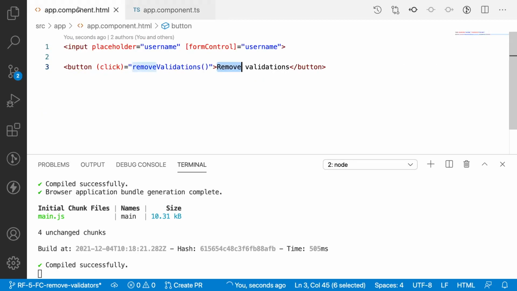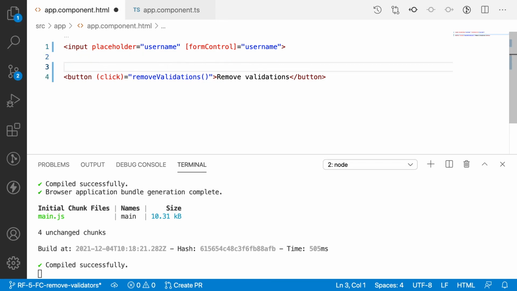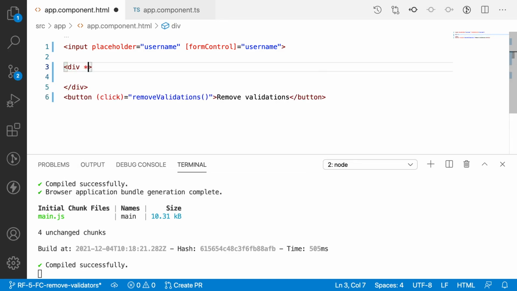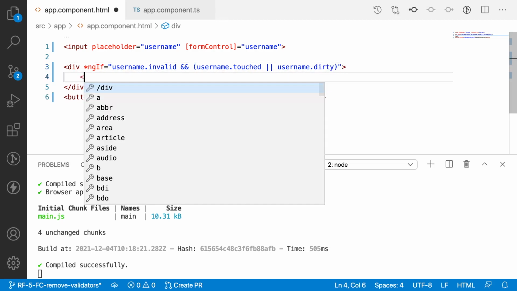But before that, when the user does not click on that button, we need to check whether the required validation is working as expected or not. Let me create a div with an ngIf condition: whenever the username is invalid, and also whenever it is touched or changed, that means dirty. Then we check whether required exists or not.